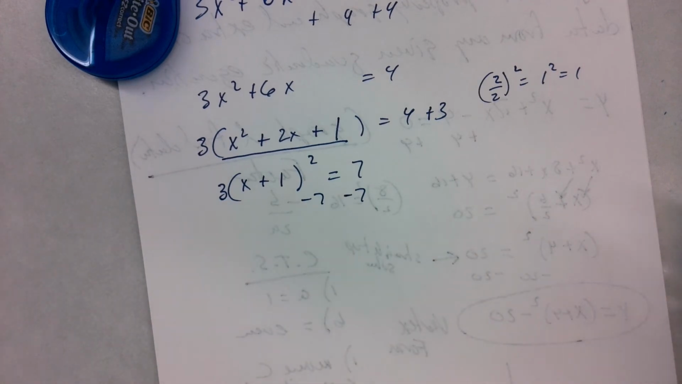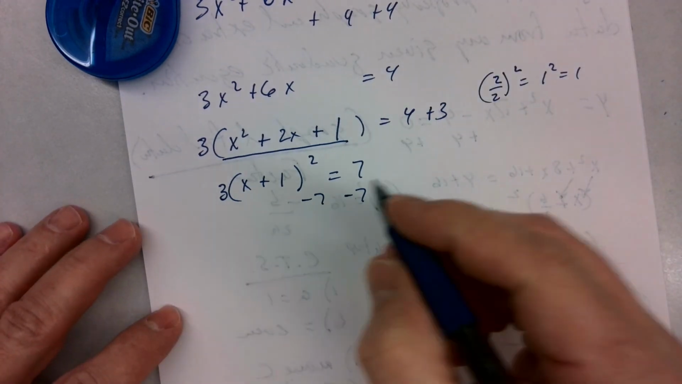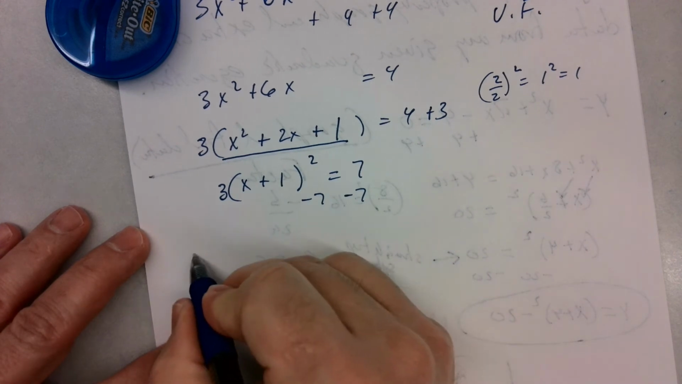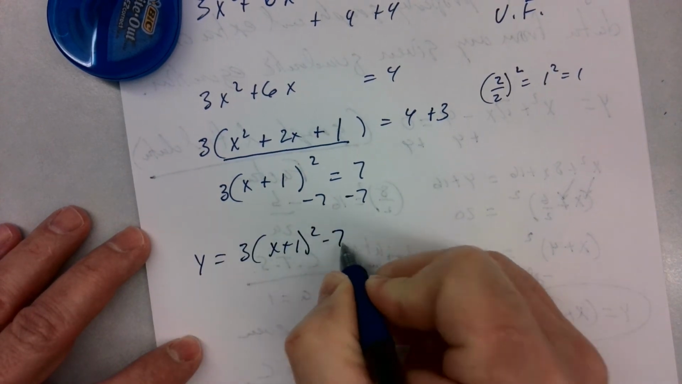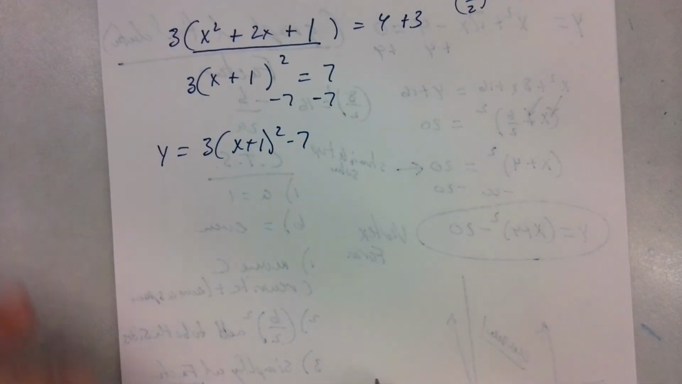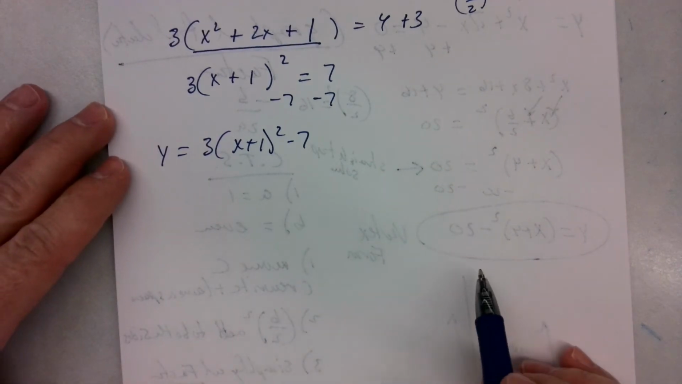Now, if I was solving this, I would have divided by 3. But remember, we're turning this into vertex form here. Okay? And that's going to give me y equals 3, parentheses, x plus 1 squared minus 7. That's exactly what it is. Now, if I were to go back to here,